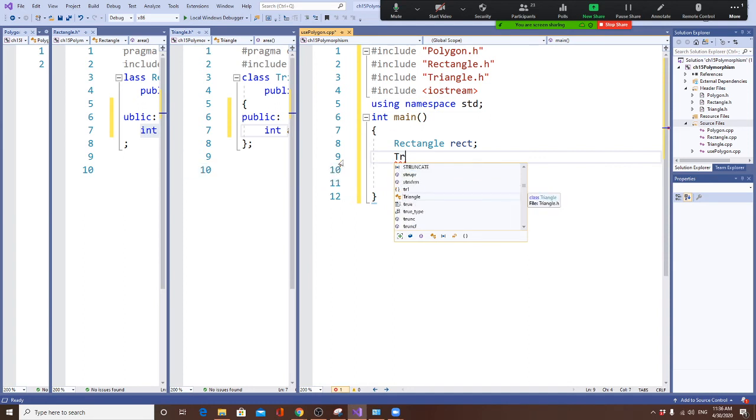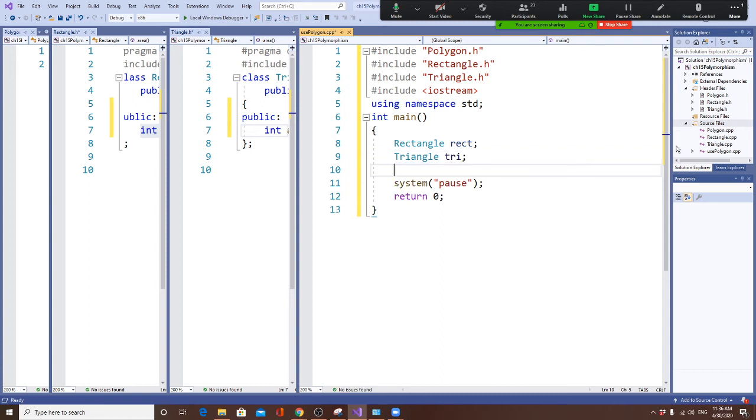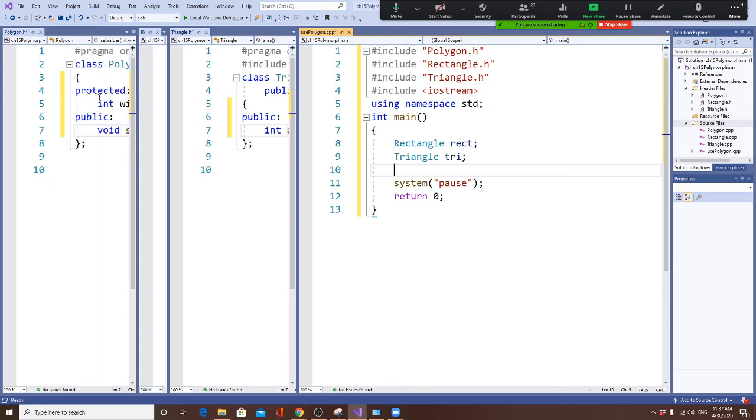I already got it right here. Then I'm just going to call this TRI. All right, so I have a class rectangle I already created right here, and triangle here. Now I create an object right now. But I hope you remember I'm going to set value. Set value. If I can open it a little bit bigger for you,